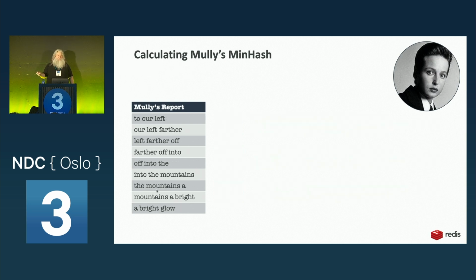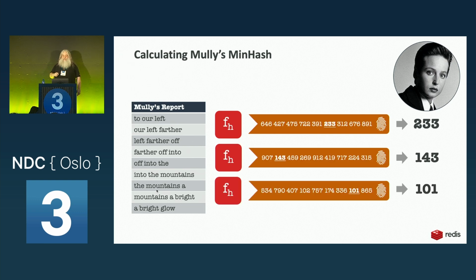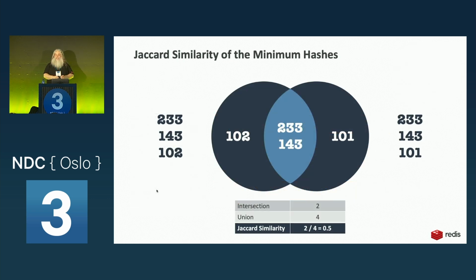So we do the same thing for Molly. We get different numbers, but some of them are the same. And we can take these sets of numbers and do the Jaccard similarity on those sets of numbers instead. And then here we get a less granular number, mostly because I used 3 hashing functions. So it's just not going to be as precise of a number.